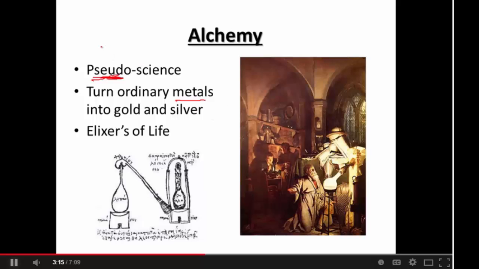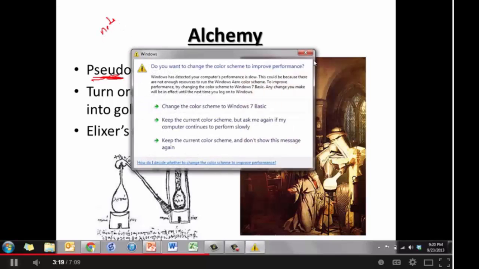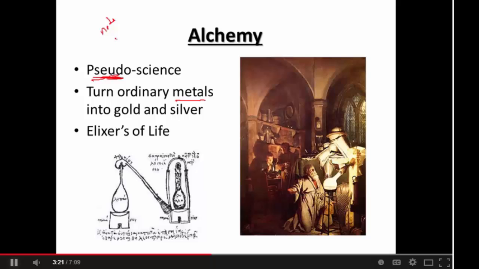Eventually, it became more scientific, with more note-taking, and trying to reproduce results and that kind of thing. So it became more scientific over time, and it did lead the way for what chemistry really became, which is a true science. So although alchemy was a false science in its early origins, it did eventually become more scientific and then led the way to chemistry as we know it today.